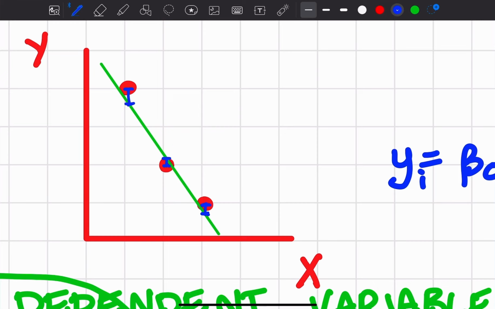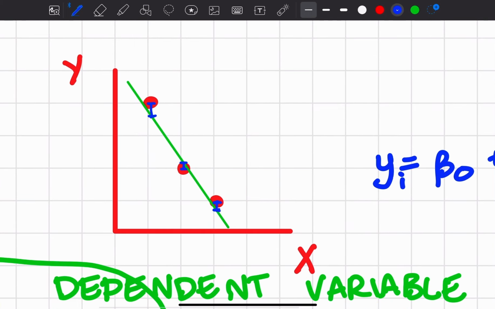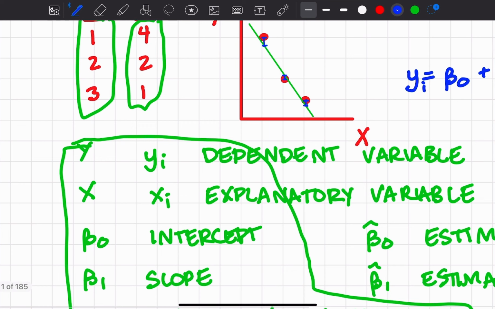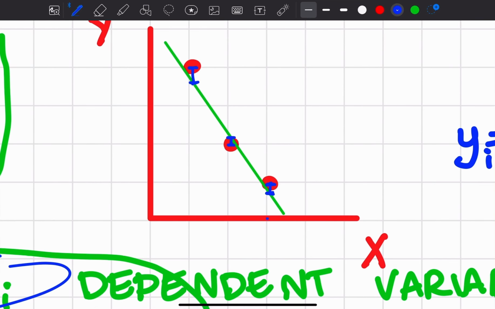And then, importantly, the residuals are the vertical distances, because we don't care about predicting x. We want to predict our outcome variable, which is y. So we care about, you know, let's say for this x, we want this data point on the line of best